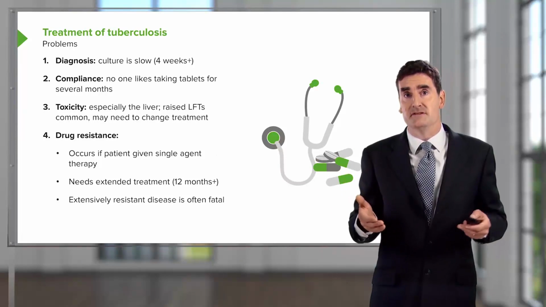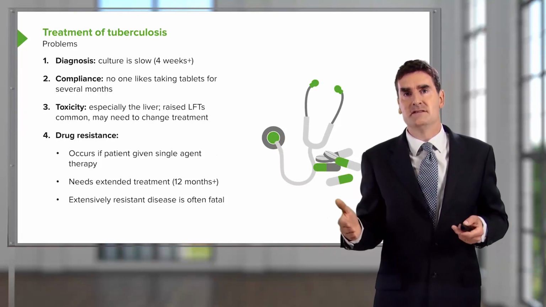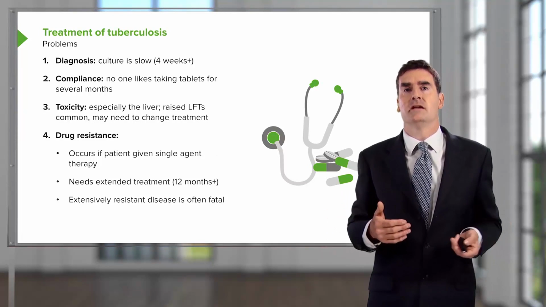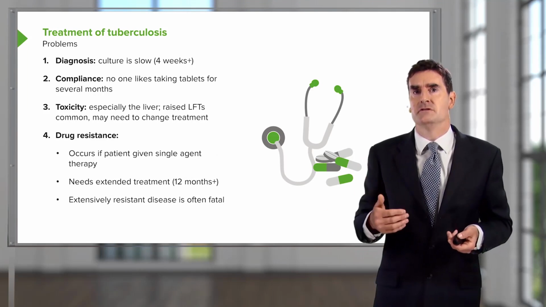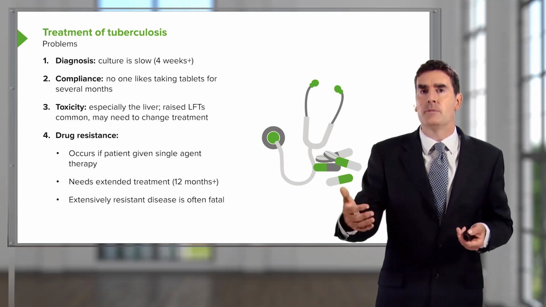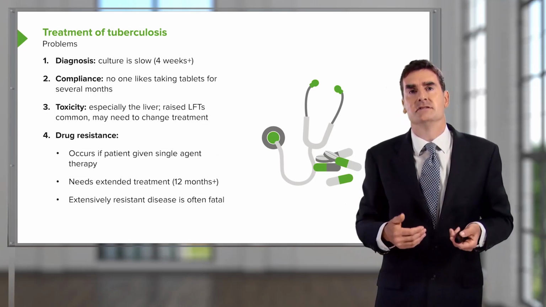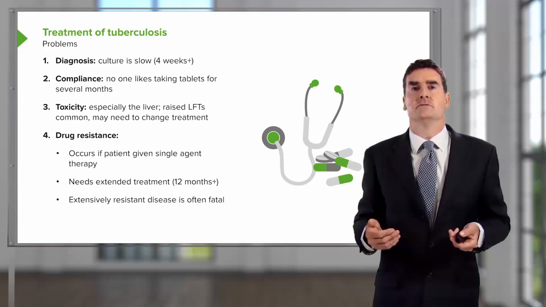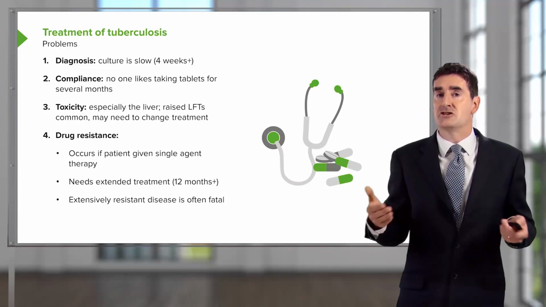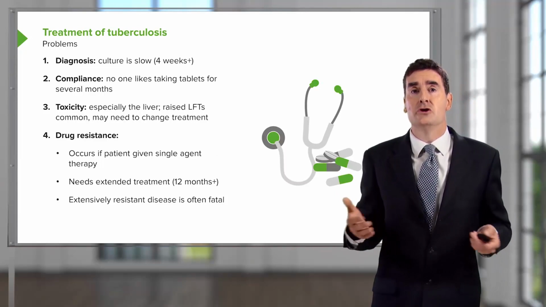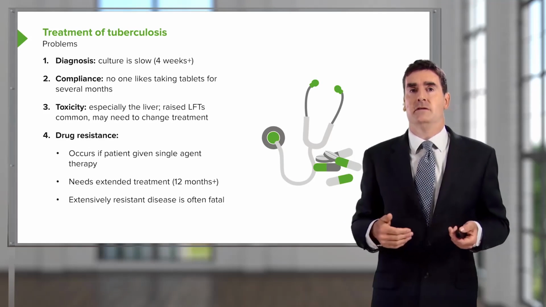If somebody has resistant disease, you suddenly have a problem in that the treatment has to go on for at least 12 months. You may be using second-line drugs which are less effective, and they need very close monitoring to ensure that they're improving and that they're compliant with the drugs being used. If you have extensively resistant disease, organisms resistant to rifampicin and isoniazid and several other drugs, then you can get a situation where the tuberculosis is not treatable, and there's a very high mortality in those patients.